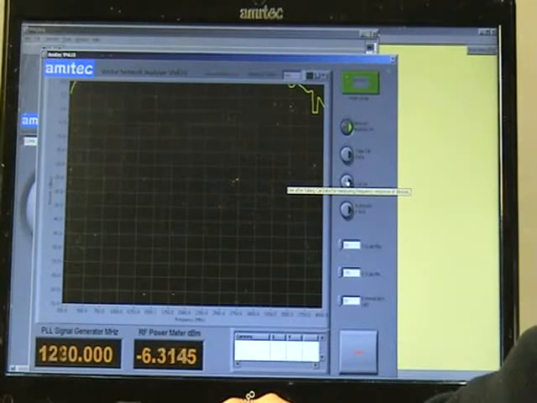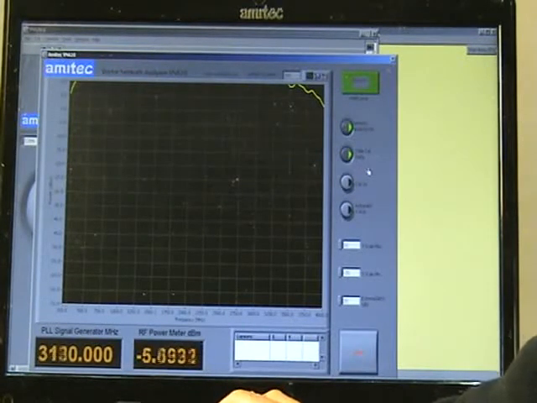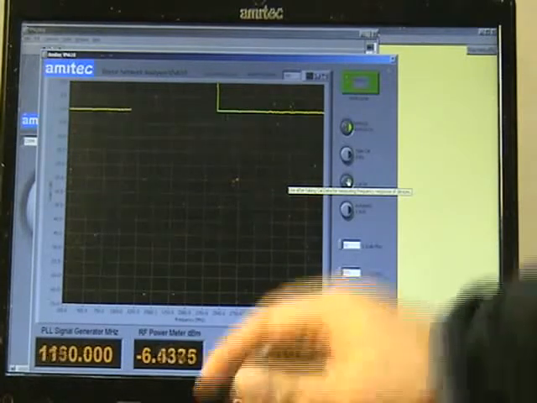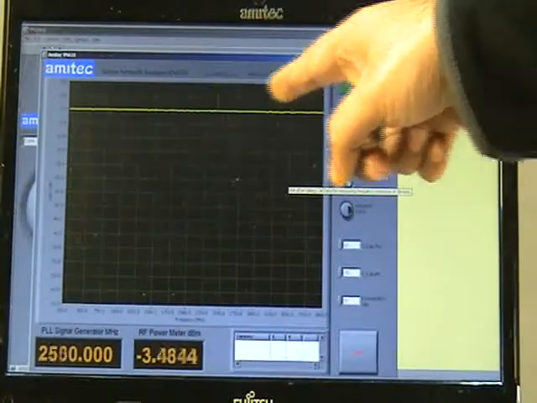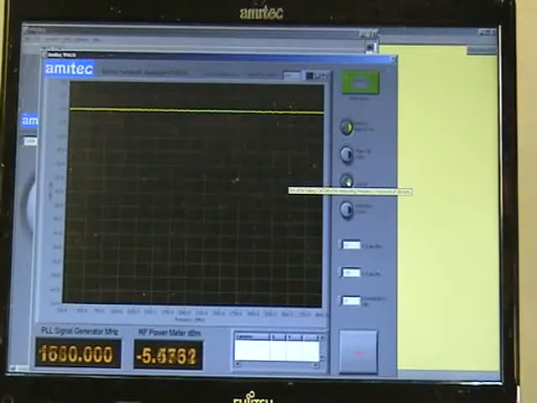Now you can see the cal has been applied and the display shall normalize to a flat line at 0 dB reference. Now we can see that a straight line at 0 dB reference has been created.